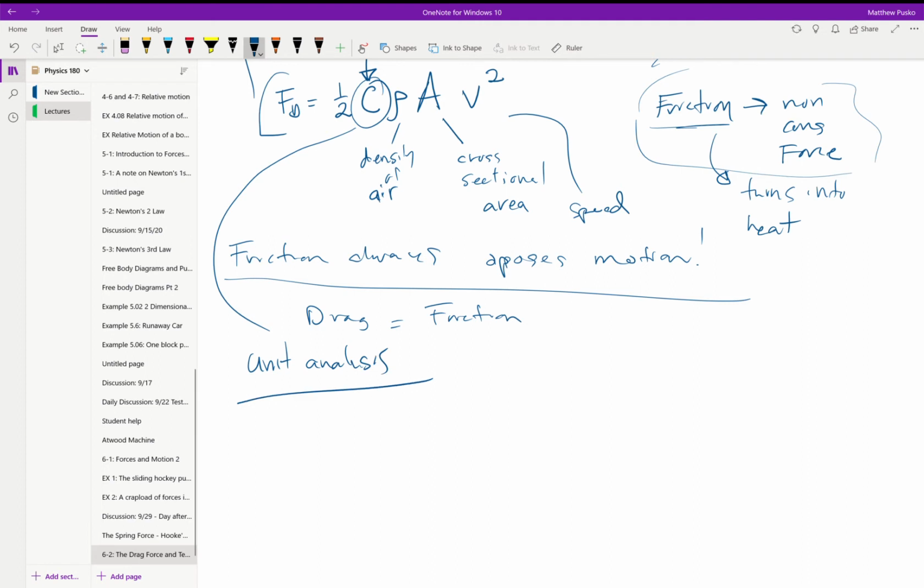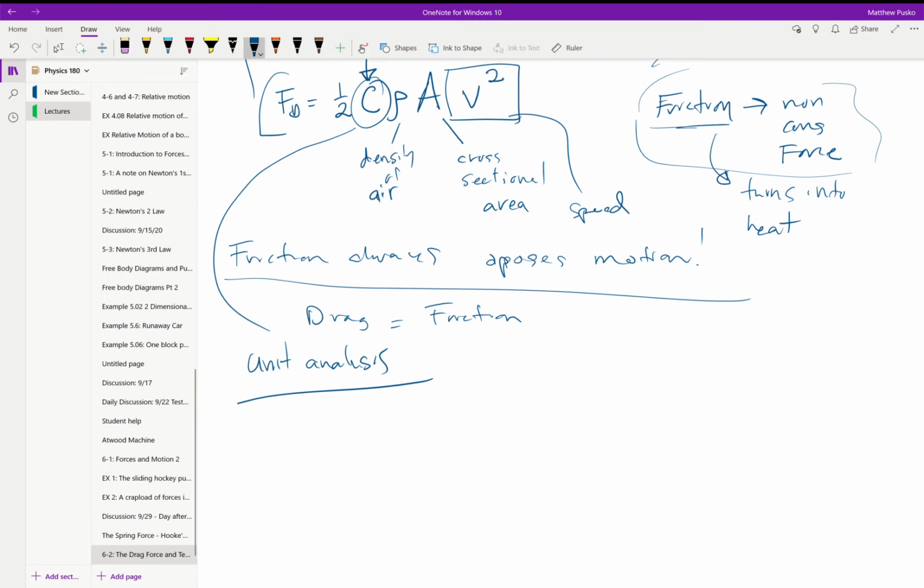Before that, point out this is pretty big that it's a function of the velocity squared, and you may have noticed that in your car. If you're going 30, 40 miles an hour, there's not much drag on your car at all. If you put your hand out the window, it doesn't get thrown back from the drag force of the wind on your hand. As you start getting to like 70, 80 miles per hour, depending on what kind of vehicle you drive, or regardless of what kind of vehicle,